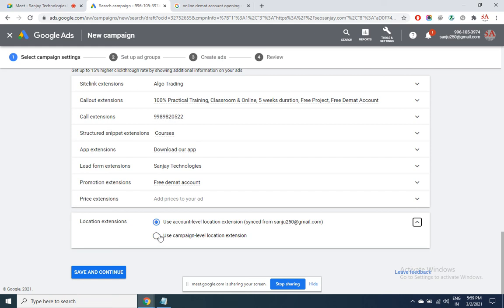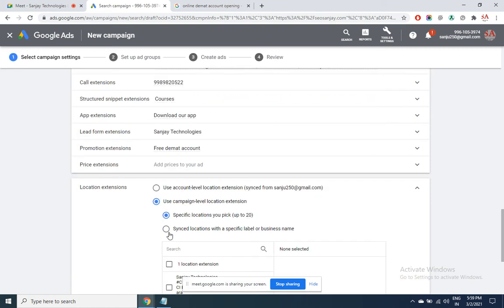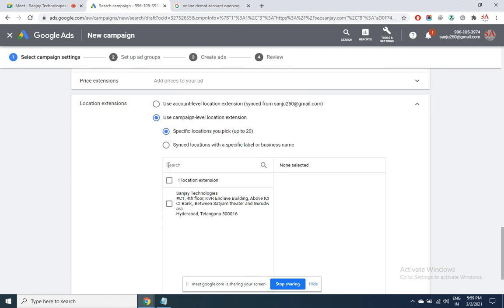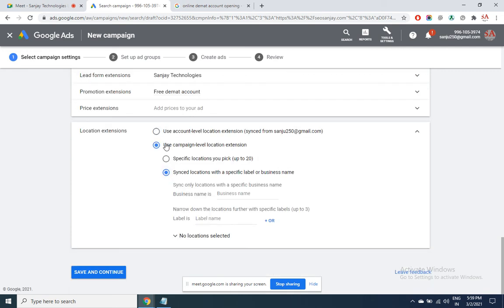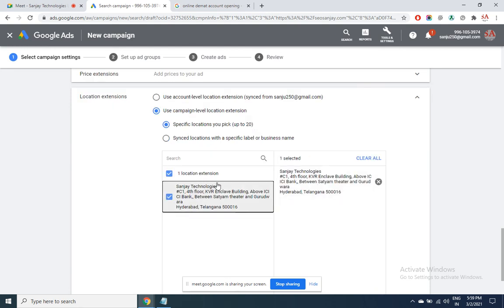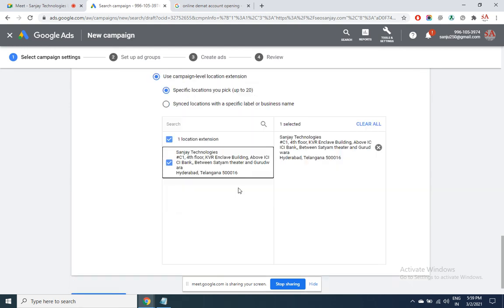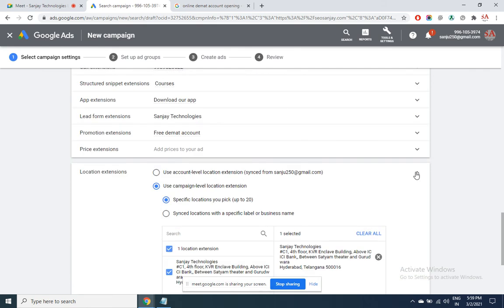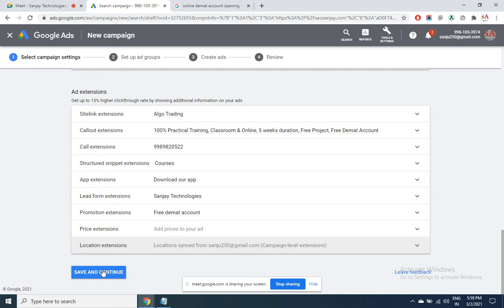If no, then add the extensions here. This is the one I have, which I have already added before in another campaign. That's it, 1, 2, 3, 4, 5, 6, 7, 8, 9. These are the 9 extensions that we are using.